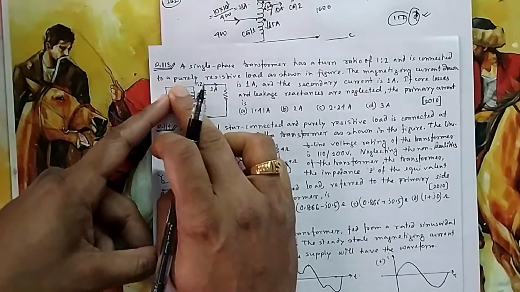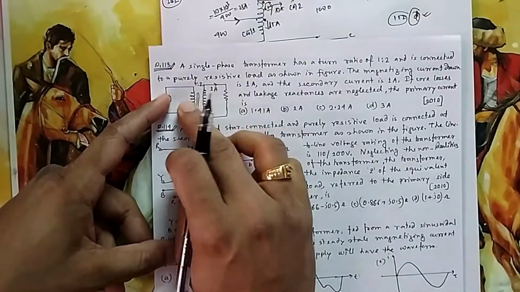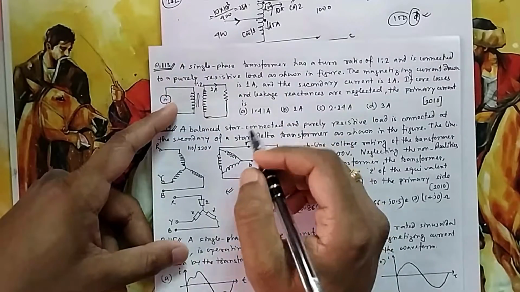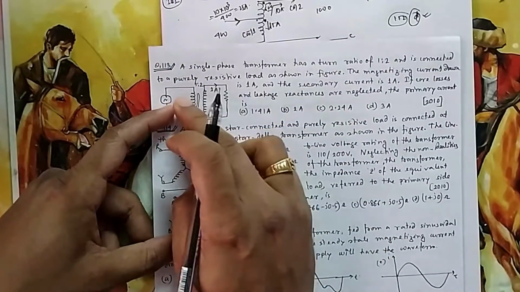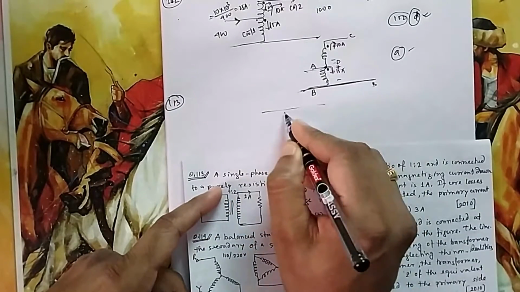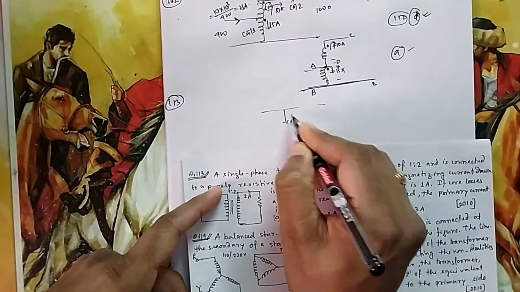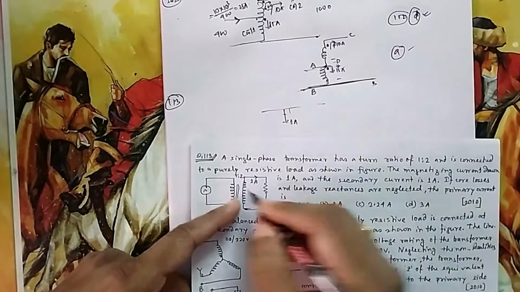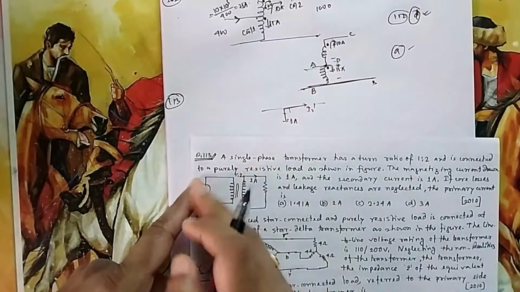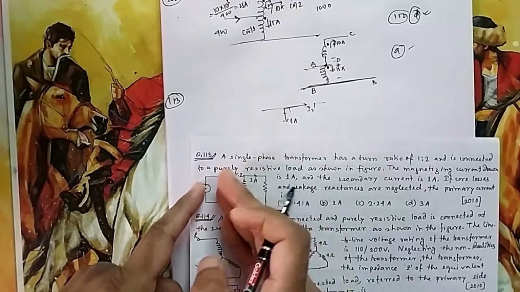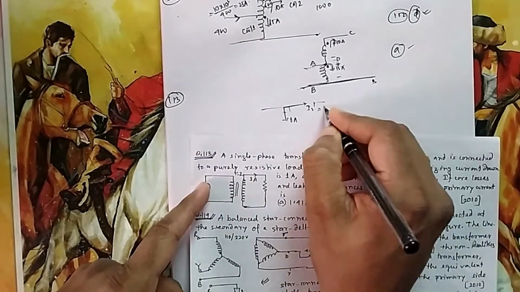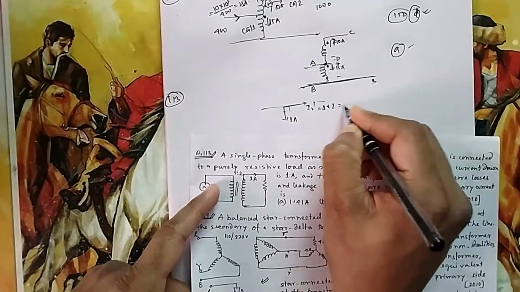I told you it is the magnetization current plus this reflected current. And this plus is not a normal plus, because the magnetization current is 90-degree lagging. It is purely inductive. So the magnetization current is 1 ampere. If you take this as a reference, it is 90-degree lagging the voltage. And because it is a resistive load, what will be your I2 dash? Because this I2 has to be reflected. From here to here, if you come, your voltage will reduce, so current should increase. Its current is 1 ampere originally, so if you come to this side, it will be 2 ampere.